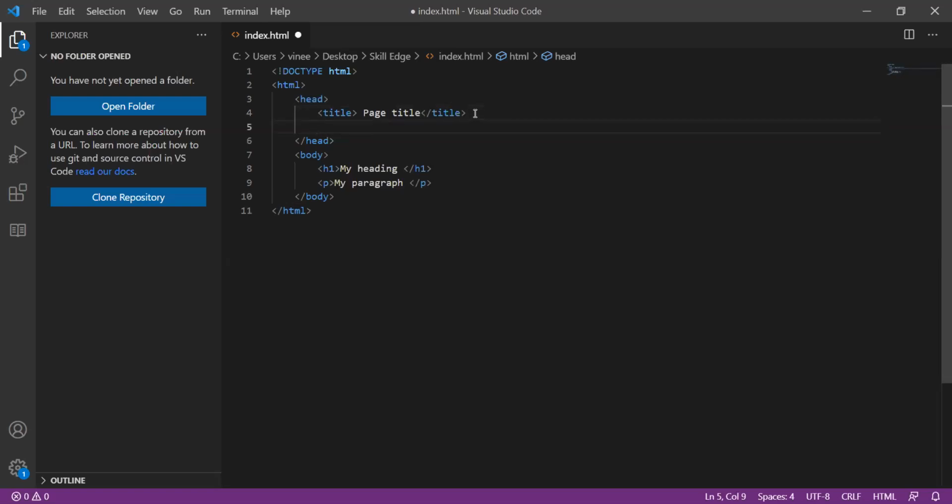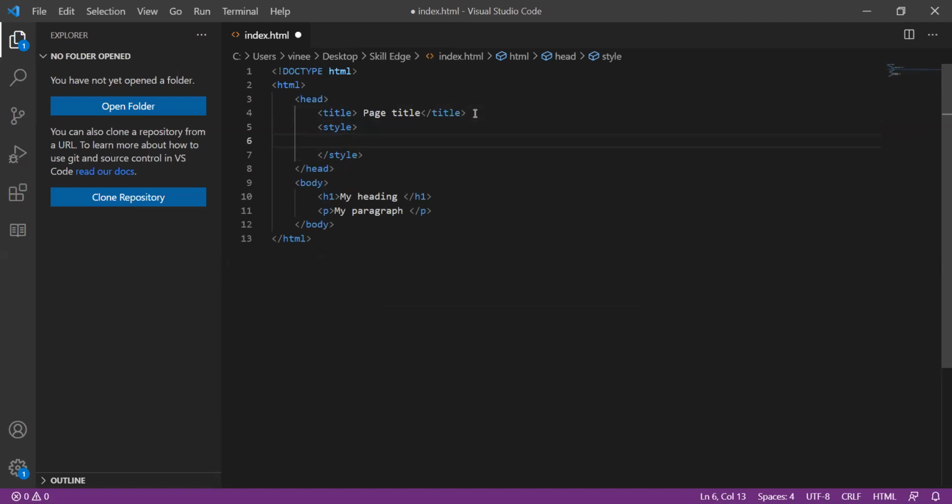Let us see how we will apply CSS styles in this. In order to apply CSS styles to our HTML, we are going to put them inside our head tag, which is not shown to the users. Here we need to create a special tag called the style tag. We are going to put all the CSS inside this style tag.